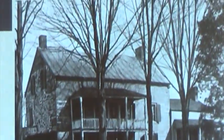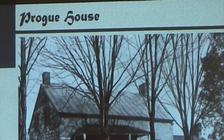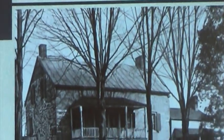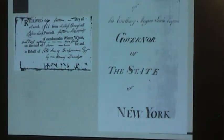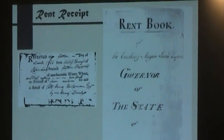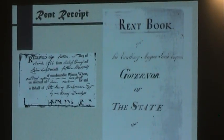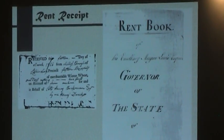Now I'm going to show you a few houses that were built by those later 1730s Palatines. This is the Krog House, and that's on Ackert Hooker, Old Primrose Road. Down at the Mills Mansion, Morgan Lewis's rent book shows